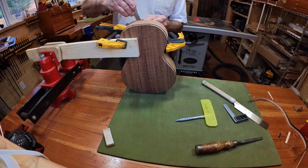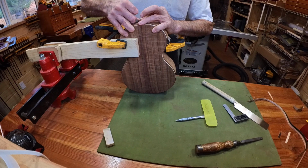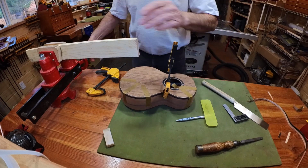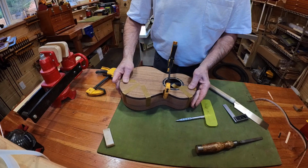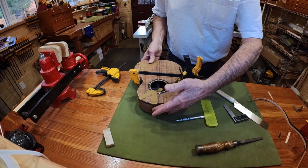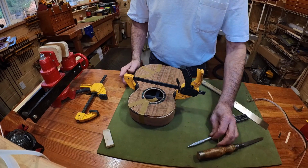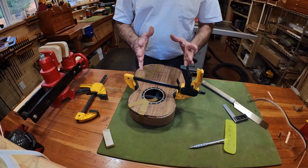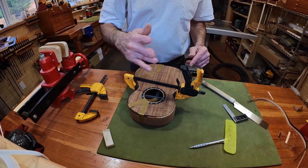So put some tape on that to hold it down, because we're going to need to have this held down when we go to measure the other piece. Okay, so that's good, right where it needs to be. And now we're going to put the other piece on the other side, measure it and cut it. I like to have both of these pieces measured and cut before we start gluing things on, because when we start gluing things on, we don't want to be stopping to do that because of the glue